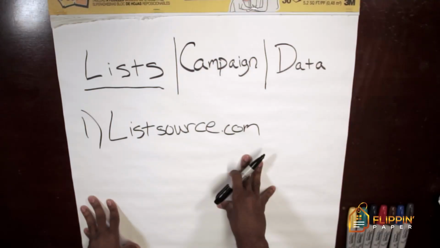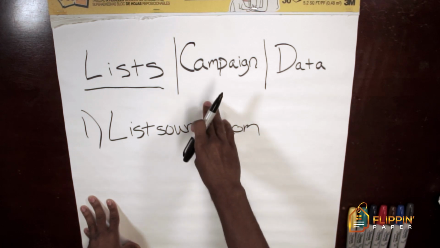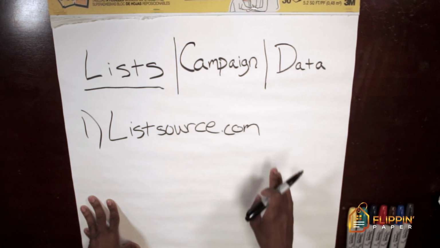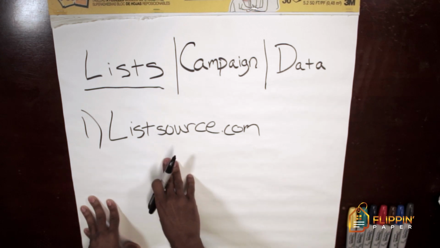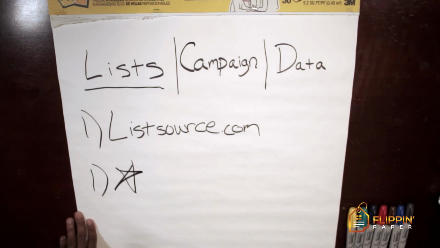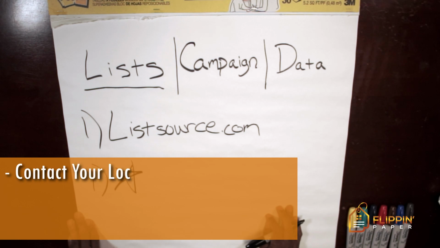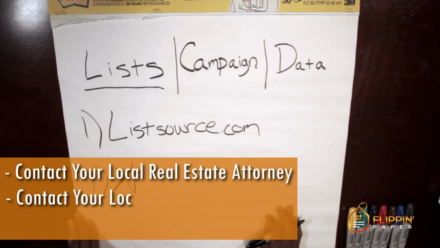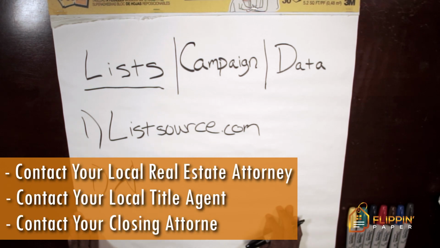That's the major one. A lot of people, a lot of gurus will say, go to listsource.com, go ahead and get your list built here that you plan on mailing to your campaign or plan on getting data for to do a separate campaign. Instead of starting at listsource.com like what everyone else says, what we're gonna do first is contact your local real estate attorney, contact your local title agent, or contact your closing attorney. Any one of these people probably have access to some sort of database that can get you a list for